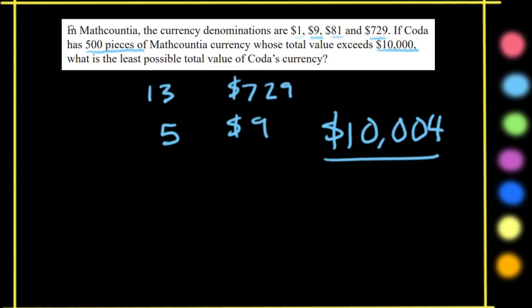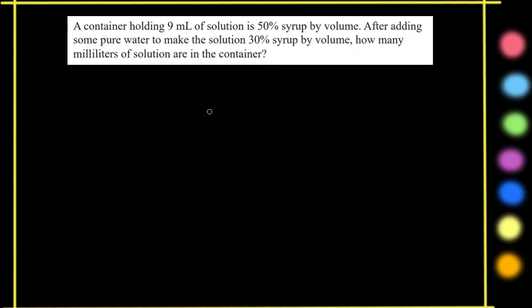So again, that one was problem 6. Let's move on to the next one. This one is problem 7. It says a container holding 9 milliliters of solution. A lot of you guys got this one right, so this one wasn't too hard. A container holding 9 milliliters of solution is 50% syrup by volume. After adding some pure water to make the solution 30% syrup by volume, how many milliliters of solution are in